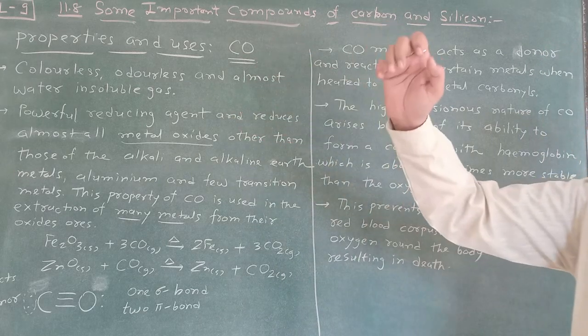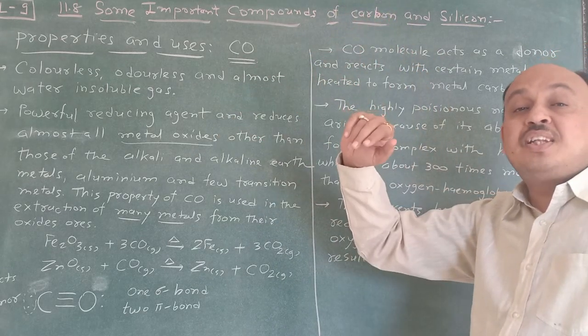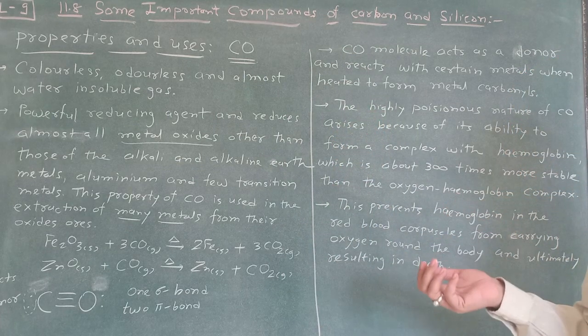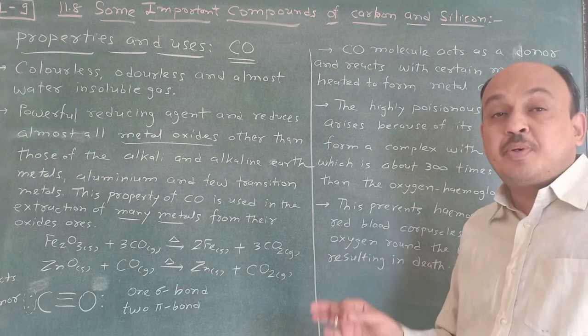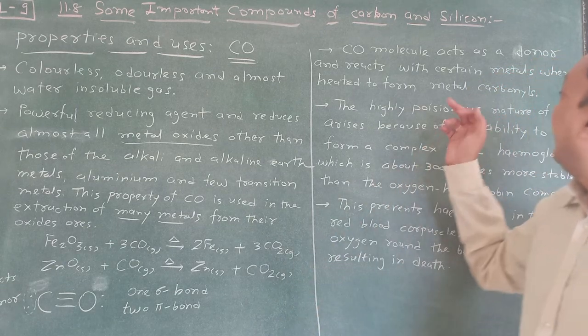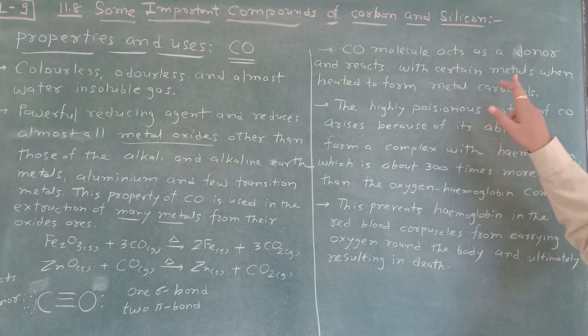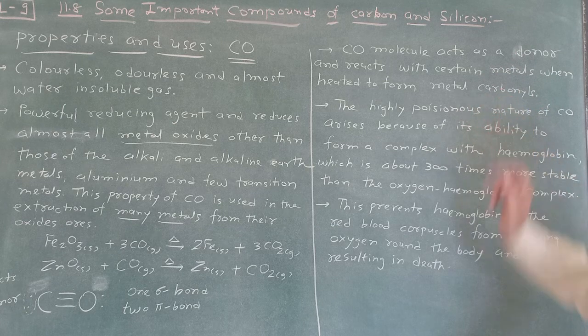Here, in the first case, carbon monoxide is in gaseous form, and it reacts with nickel to produce Ni(CO)4. Ni(CO)4 is a type of complex, and its name is tetracarbonyl nickel(0). And that's why these are known as metal carbonyls. A metal which is attached to carbonyl is considered a metal carbonyl.